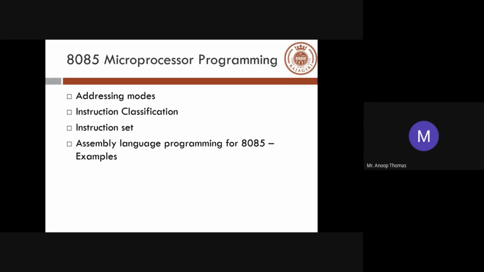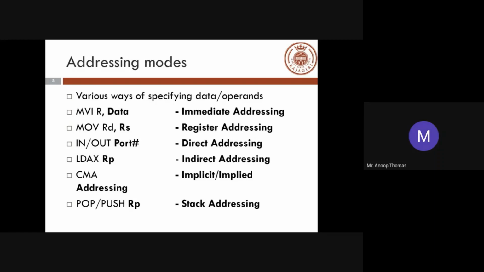Now an instruction has 2 parts. One is the opcode, the other one is the operands. The opcode gives you information with respect to what is to be done, the operation. The operands are the things on which the opcode operates. If you are asked to move something, move is the opcode. What is going to be moved, from where to where, accordingly you will have operands. So you will have to specify operands on which the opcode will operate. So this is your opcode, these are your operands.